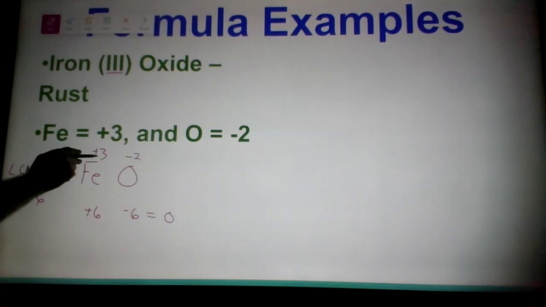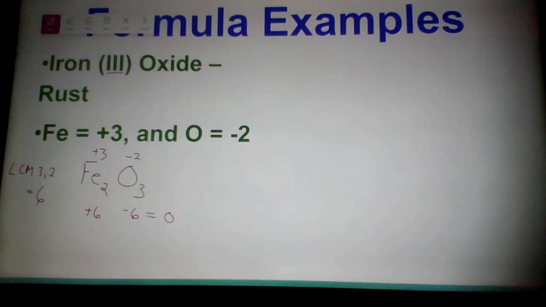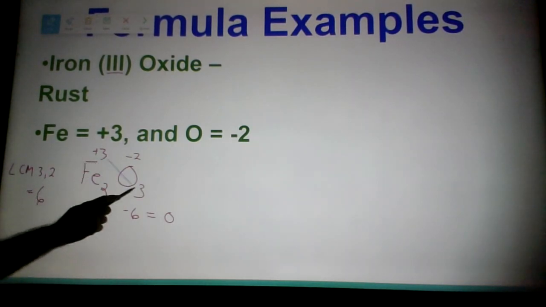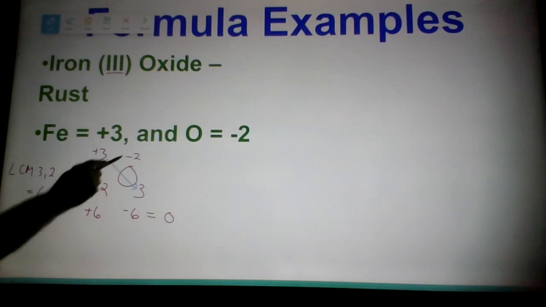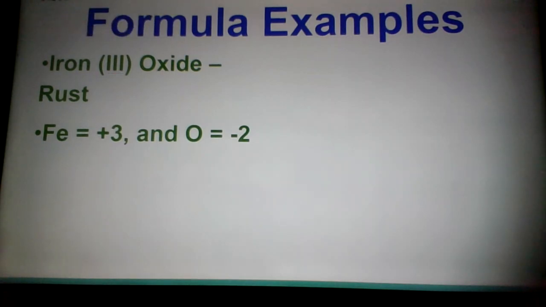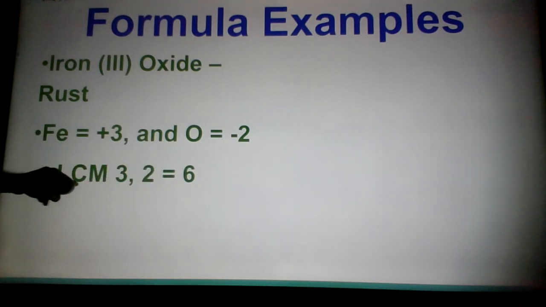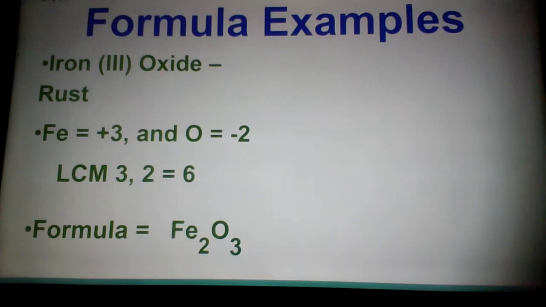How many 3s make 6? 2 of them. How many 2s make 6? 3 of them. Now, what happened to the 3 and the 2? See how that 3 went down here and lost the plus sign, and that 2 went there and lost the minus sign? The switcheroo trick worked. Now, the switcheroo shortcut is nice, but the math verifies this will work. As I just showed you, the least common multiple of 3 and 2 is 6. So the formula